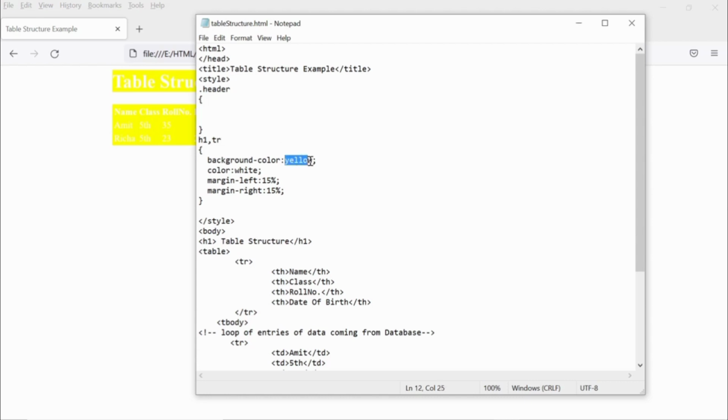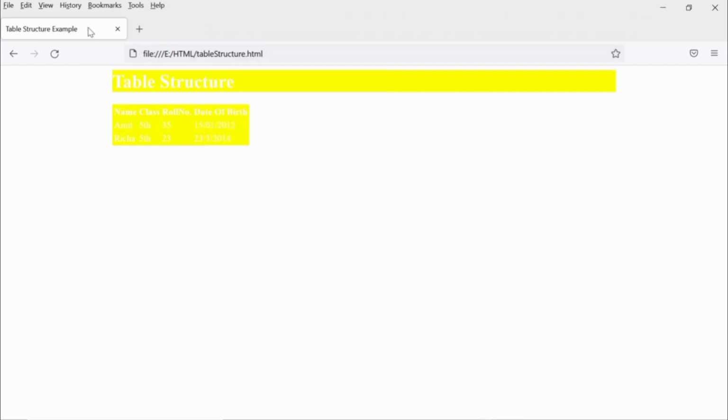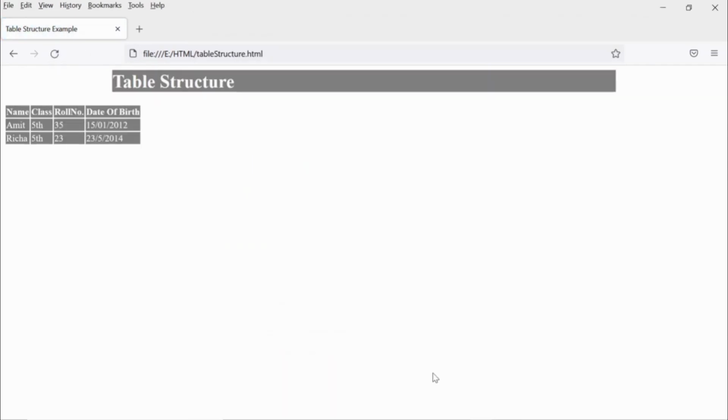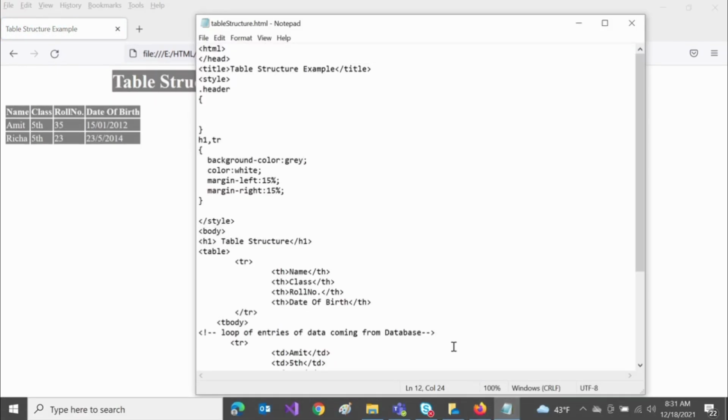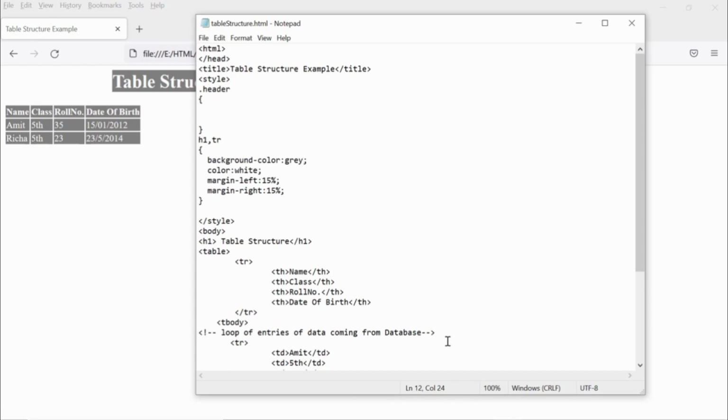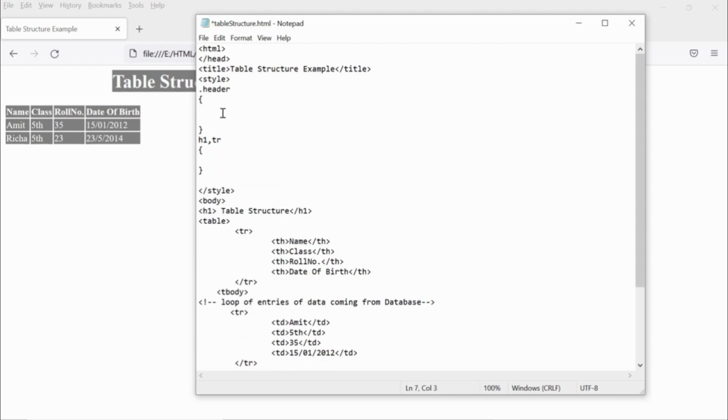So we can adjust it in the CSS way. This styling can be moved to a CSS file also. I'll show you once we use Visual Studio how to add that, how to link that CSS file, and in order to remove the styling from the page side, only the class name will be written.